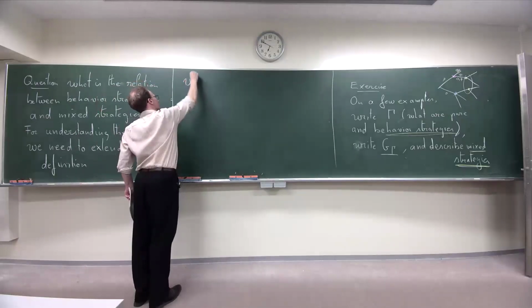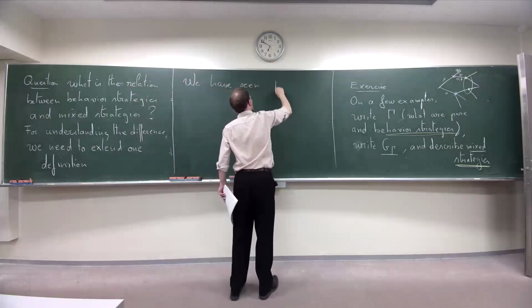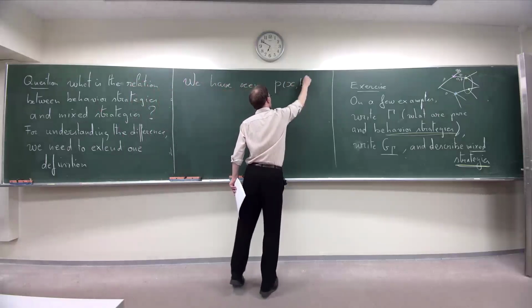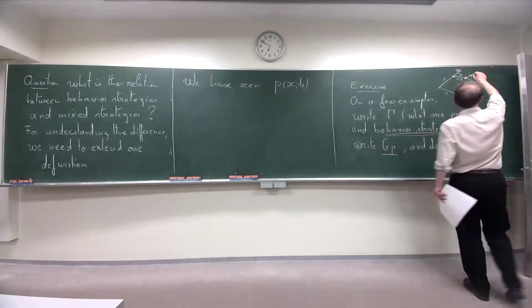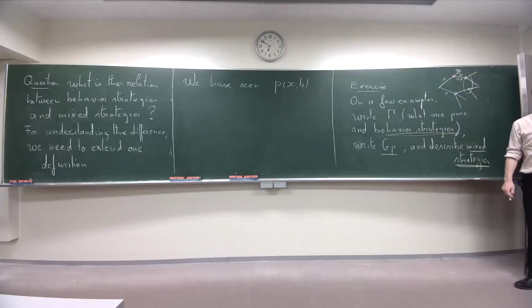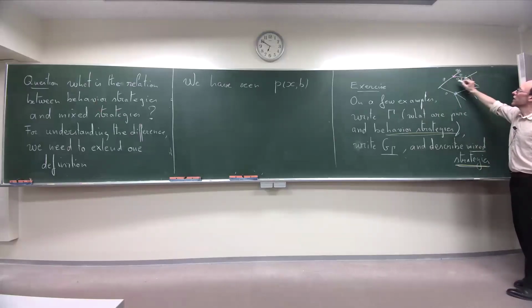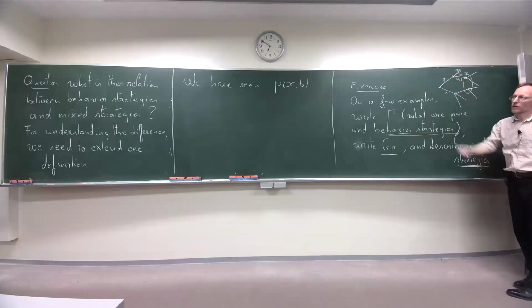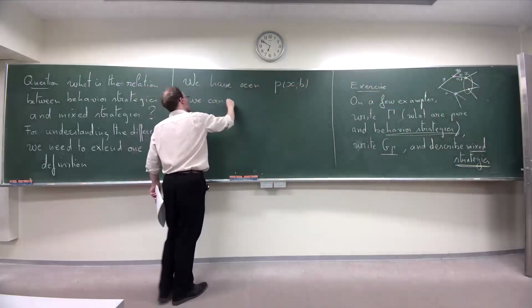What we have seen, we know what is P of X, B. It is the probability of reaching X if you follow the behavior strategy given by B. So as I said last time, you have numbers everywhere. And if you take this X, you are going to associate a number to each point. This is what I said. But in fact, we can also define